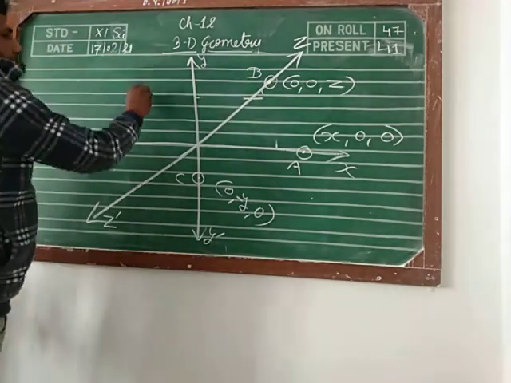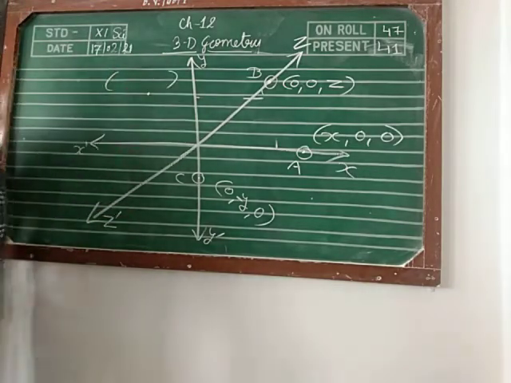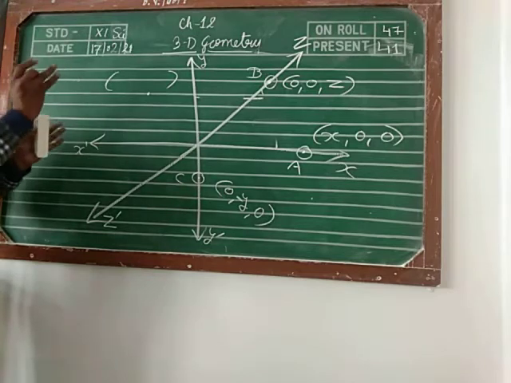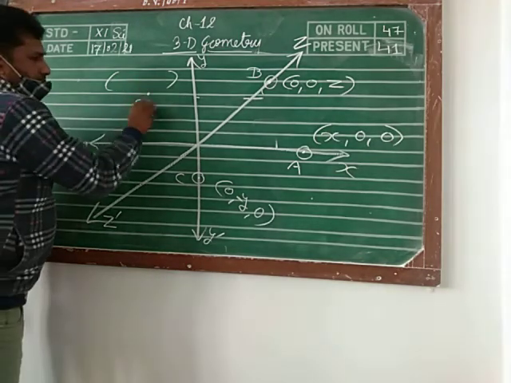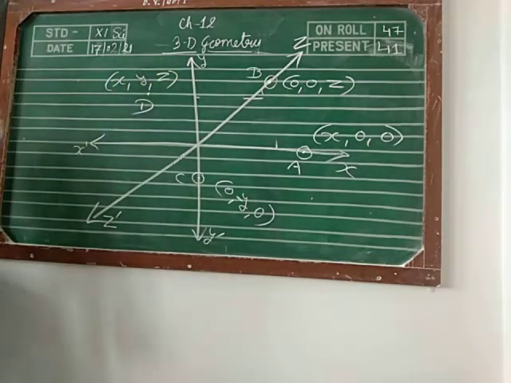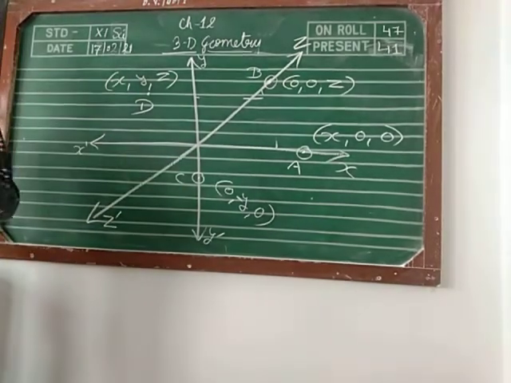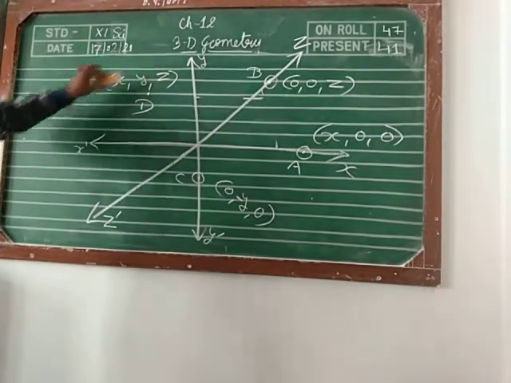And if you are taking any point, suppose here I am taking a point, then what will be the coordinate of this point? Forget the minus sign, only consider the x, y and z axes. If you are taking any point, then the coordinates we are getting are x, y and z. So I am writing the coordinate of this point as (x, y, z). Clear to all? All these things you have to note down. And what we have discussed earlier, three axes divide the space into 8 equal parts, and that we are calling octants.